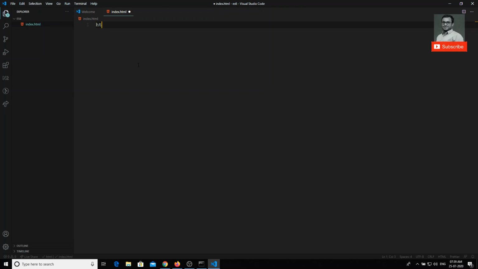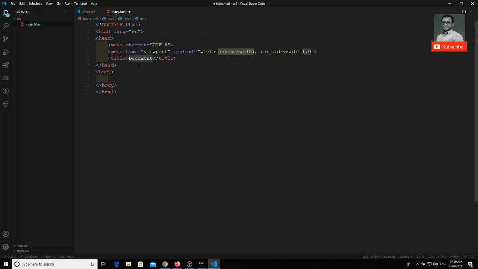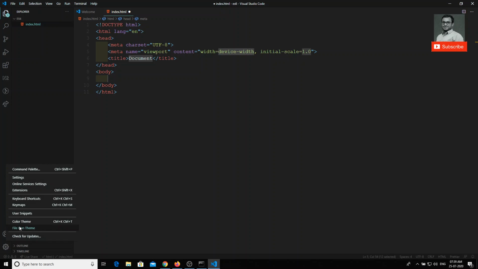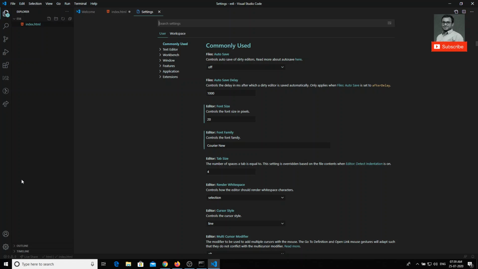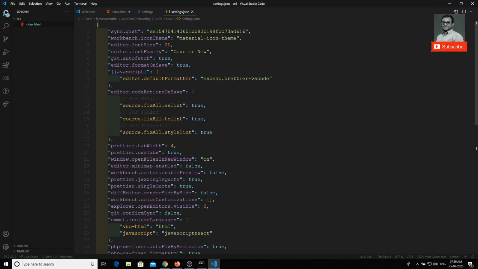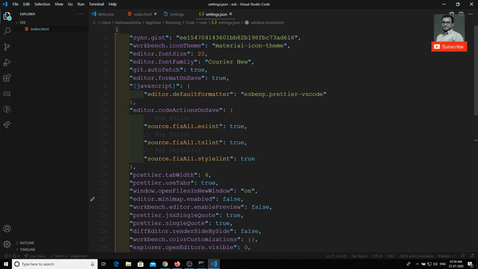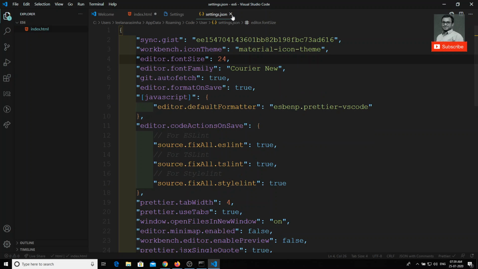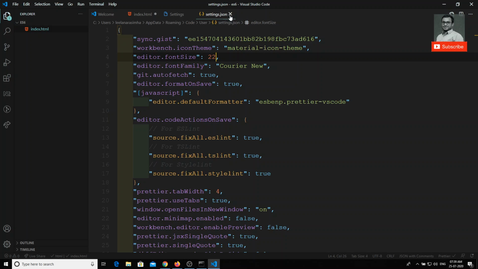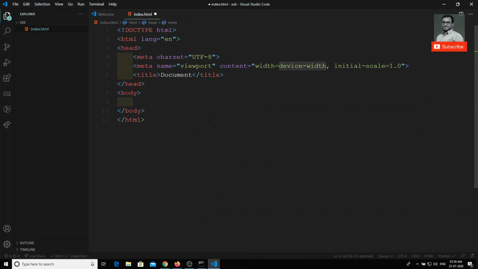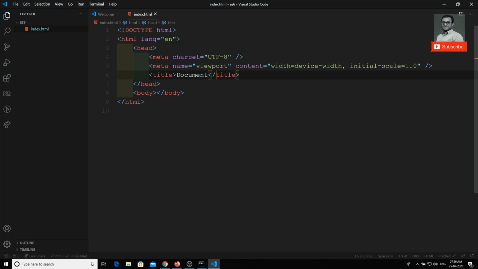Okay, now I have created the index.html file.